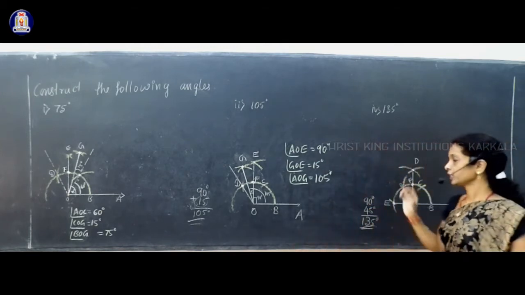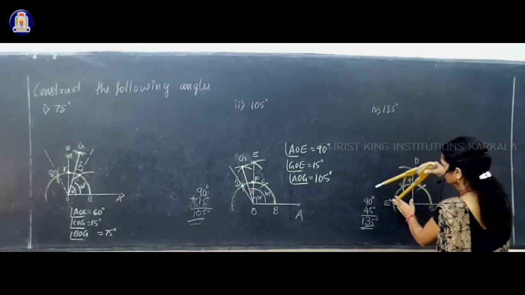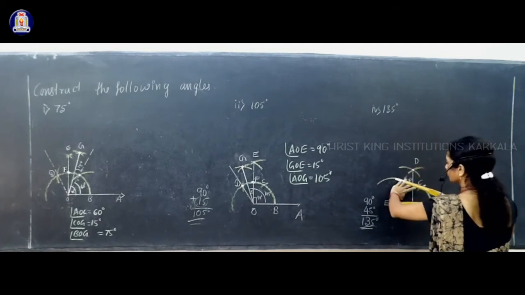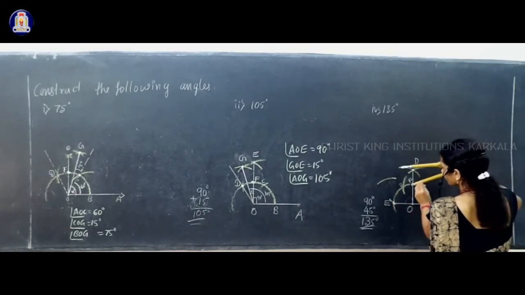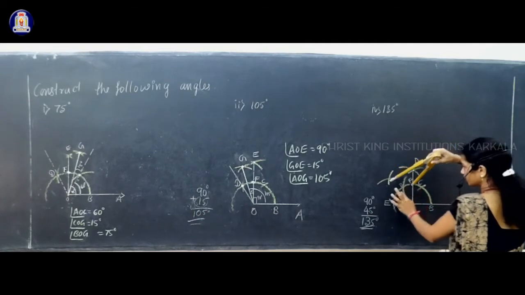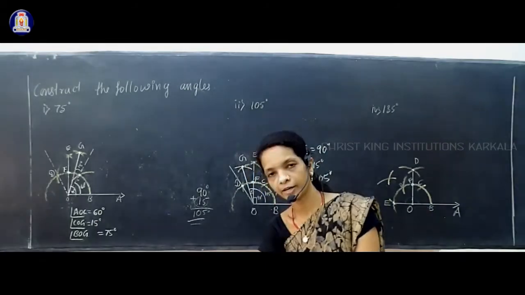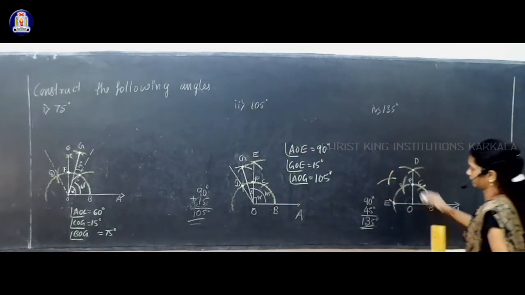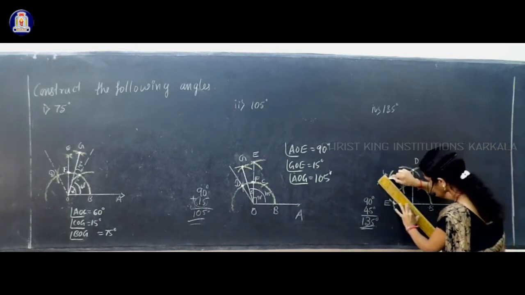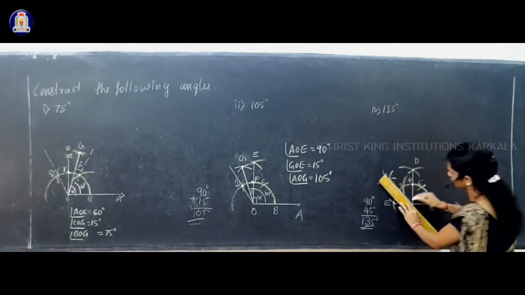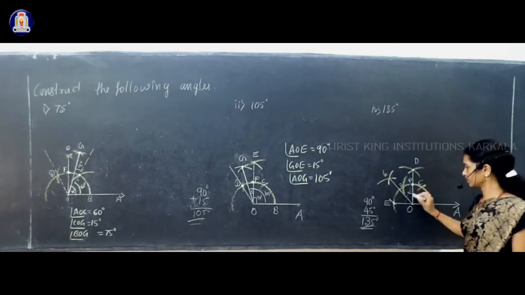Now you have to use points E and F. Now we can change the length in the compass, keep it E and draw one arc between E and F. Next repeat the same by keeping it F, such that it cuts the previous arc which you drew. Now take the point of intersection of those two arcs as G, and join this G with the O. Now this OG makes how much degree on both sides of it? That makes half of 90, that is 45 degree.